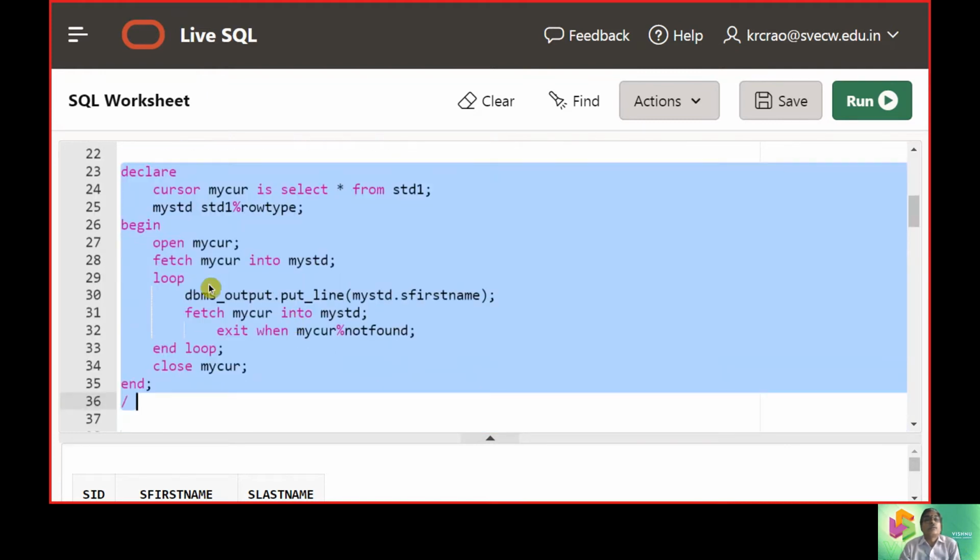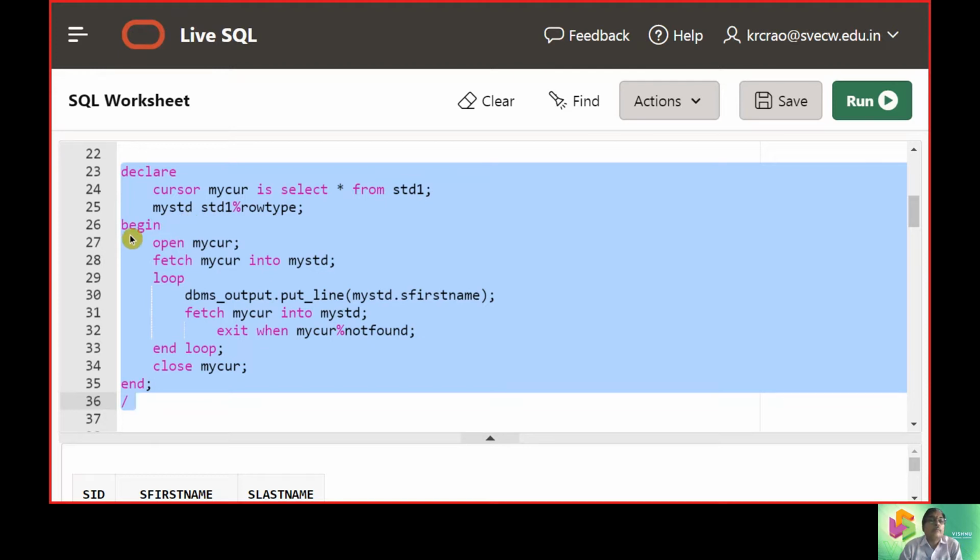So we began with a cursor, the name of the cursor was my cursor. It is with the data manipulation language, implementing the select command with wildcard star. It prints all the columns in the table called std1. Then it is assigning each row to a variable called my std.